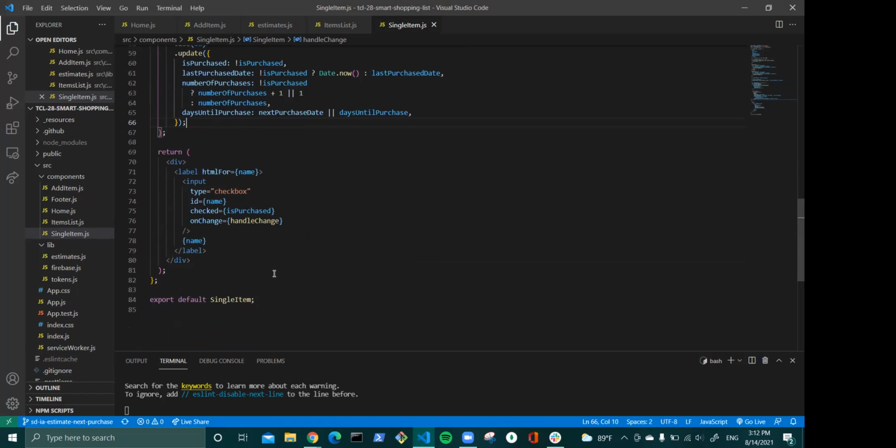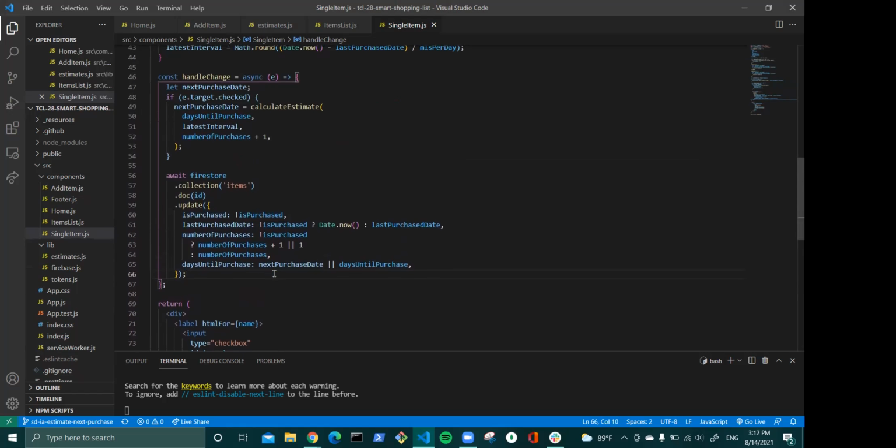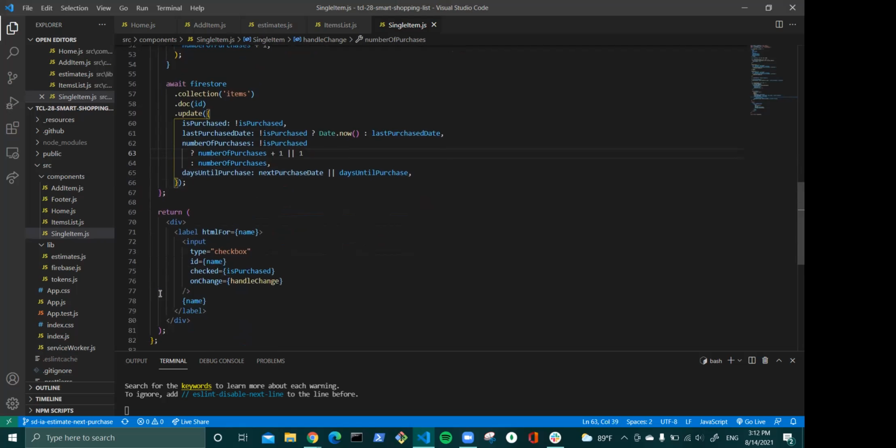Yeah, I don't remember everything that we did just because it was a lot. We got a lot of input. I think Lewis gave us this suggestion right here to add or 1 to be the number of purchases, because there were some items in the database that didn't have number of purchases as a property yet, because we haven't made one. And so for those ones, we use or 1,